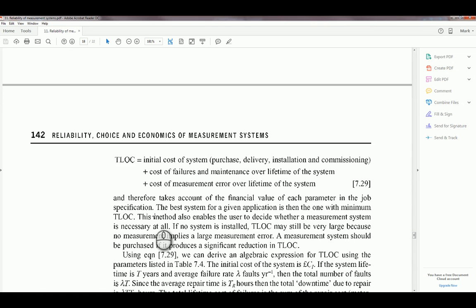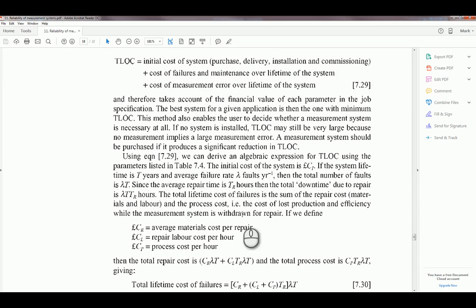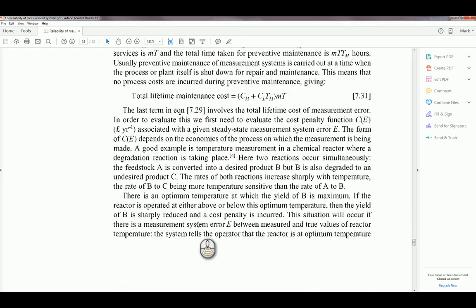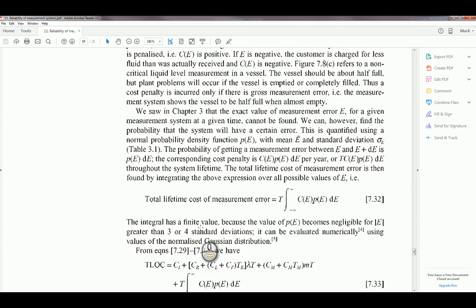So that might be, for instance, if you have a flow meter and you're measuring product that goes into a certain system, and you're constantly mismeasuring the amount of product going in and giving away too much product compared to what you're actually charging over the length of time that it's operating, it will cost you money. So if you're pumping more, say, paint into the tins than what you're actually charging for, over a length of time, that costs you money. There are other more long-winded formulas here showing all the calculations that are required, but it's quite simplistic, so we want to break it down nicely